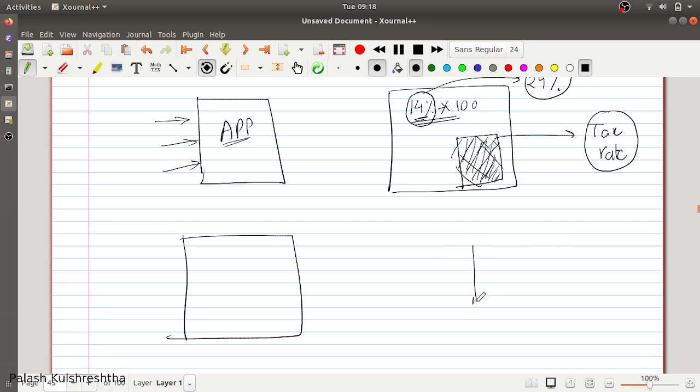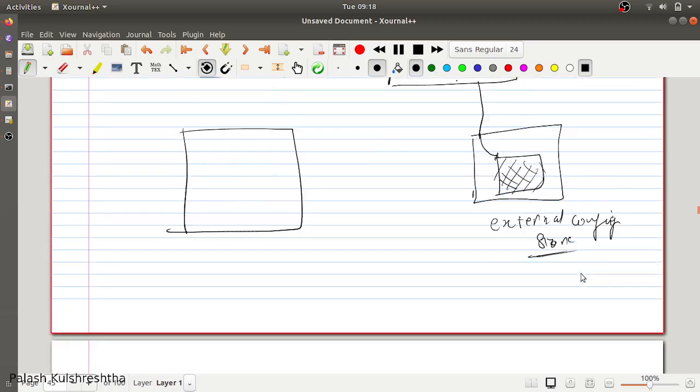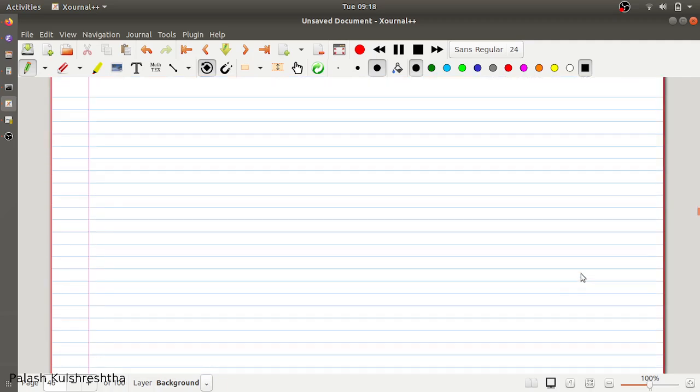We use an external configuration store and we move these configurations to this place. Whenever we want to access the configuration, we use this external config store to access those configurations. So now your application is going to be like this.